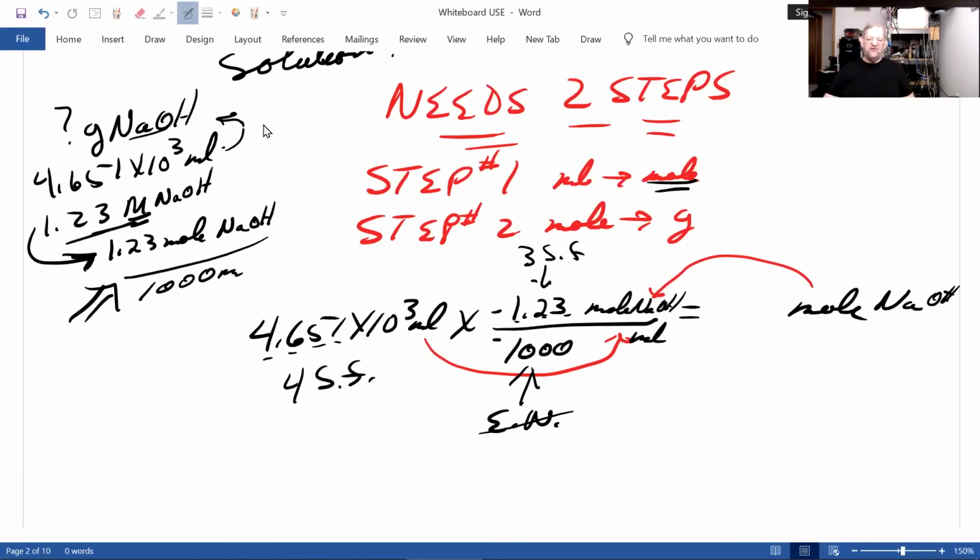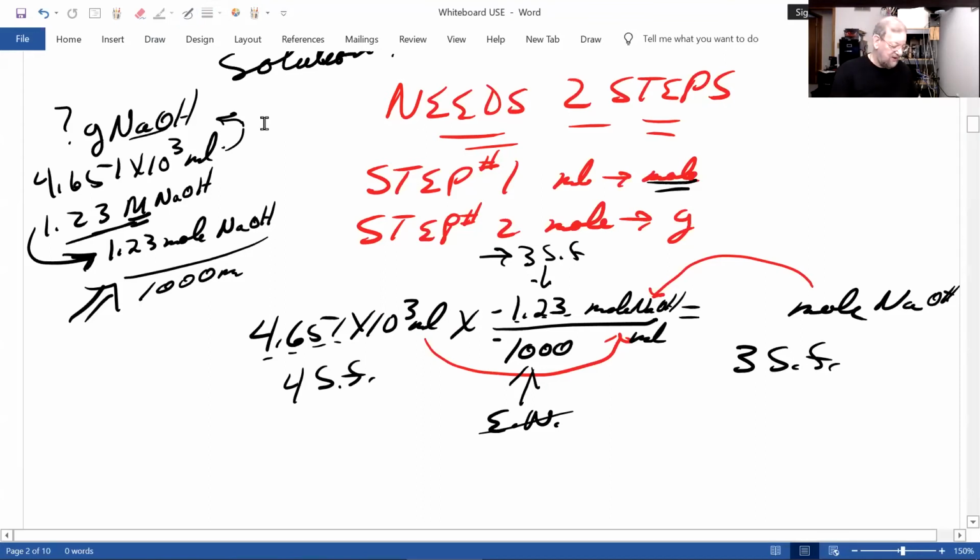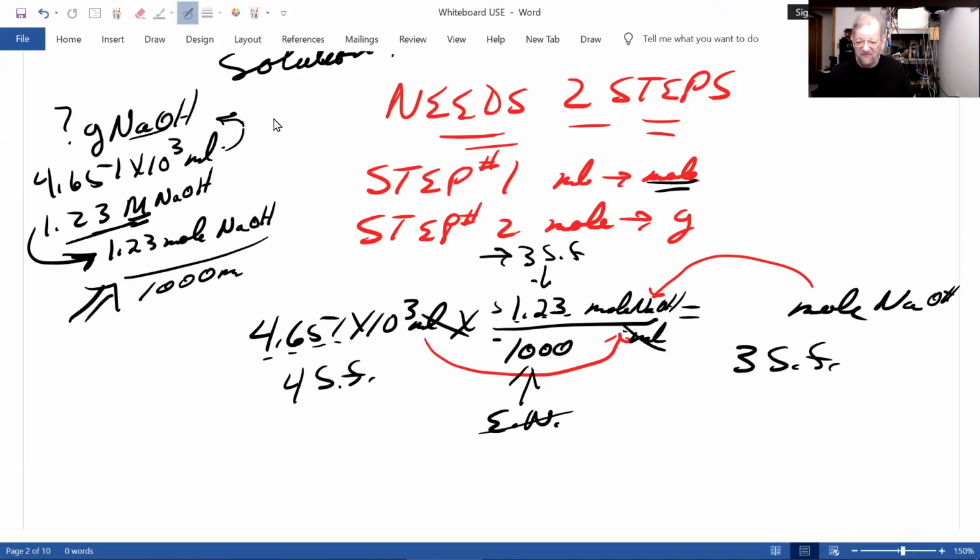This is a multiplication division. The number of significant figures in your answer is the same as the number you're multiplying and dividing with the lowest. And I hope you all agree 3 is lower than 4, so our answer should have 3 significant figures. And now I'm going to write this down because I'm going to forget it if I don't. And just to be sure, notice milliliters divide out. I'm left with moles. So now I'm going to go to my calculator.